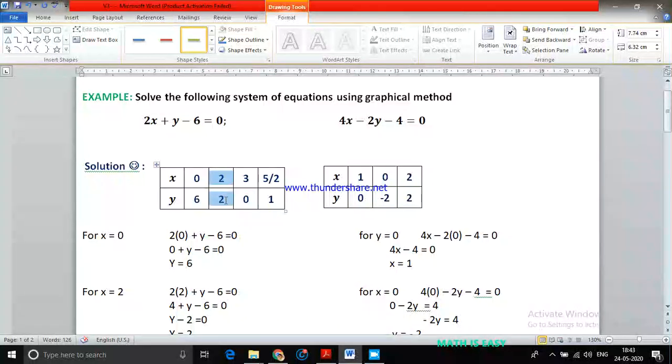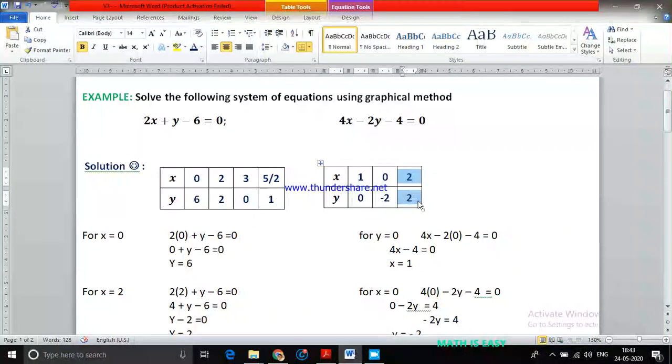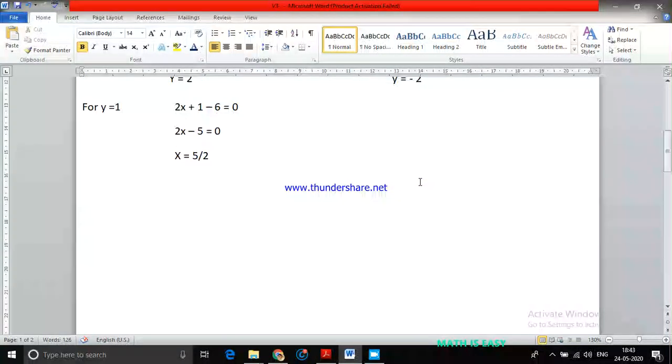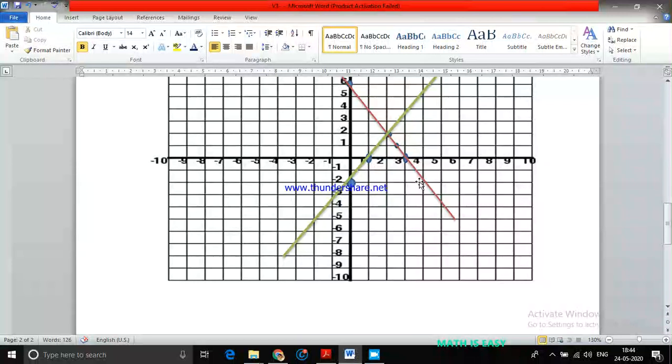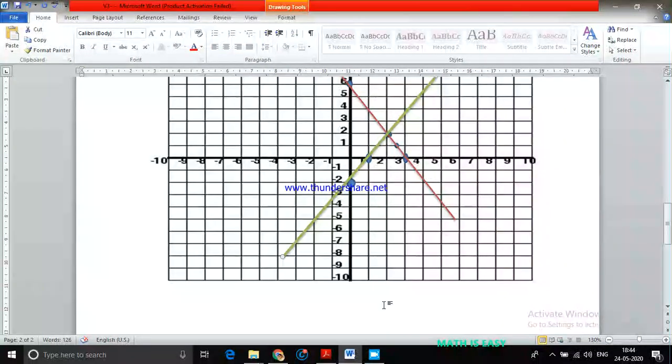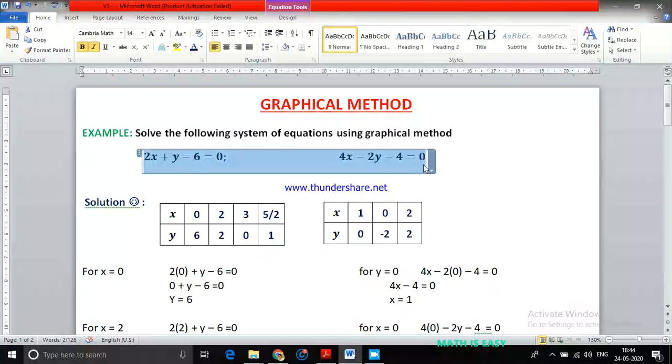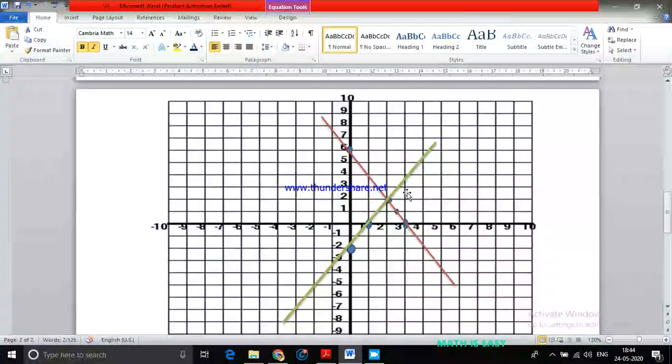You can see here also, there is a 2 comma 2 here and here also 2 comma 2 here. So likewise I have taken x value 2 here, then I got y value 2 here. Here also I took x value 2, but in all the questions you may not get the solution this way. After representing on the graph, where both the lines are intersecting, that will be the common solution. As I said at the beginning of the question, by looking at its coefficients or comparing the coefficients, I said this equation will have a unique solution. So that's why the lines are intersecting here at only one point.